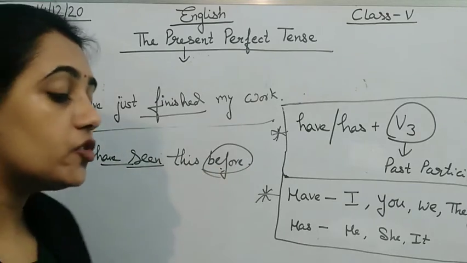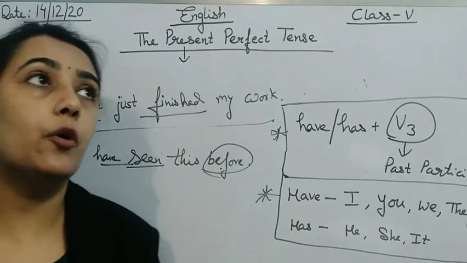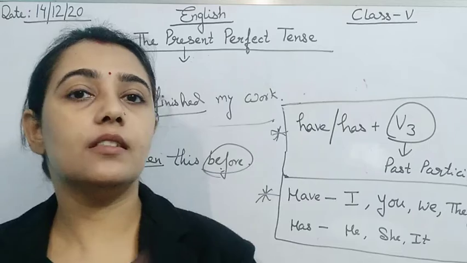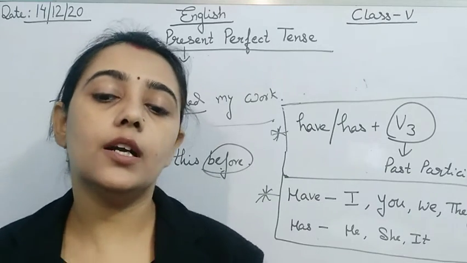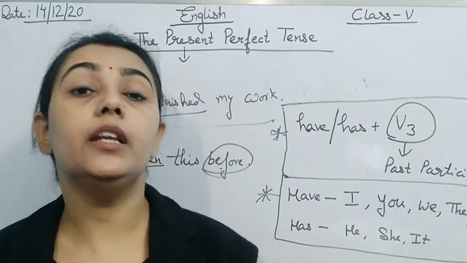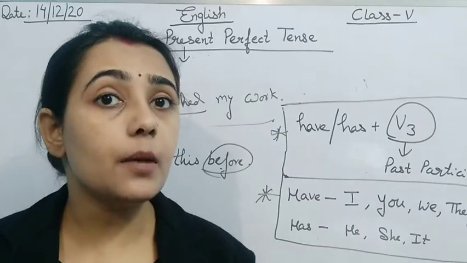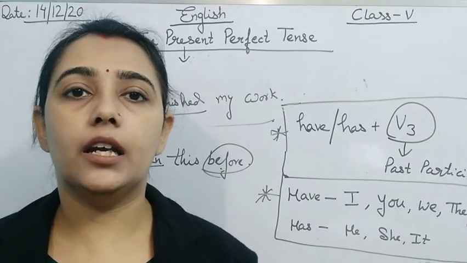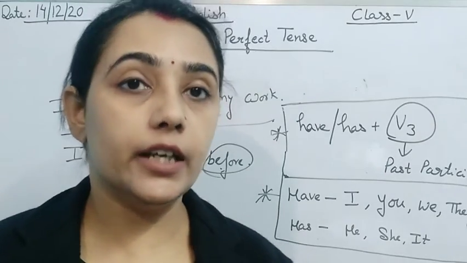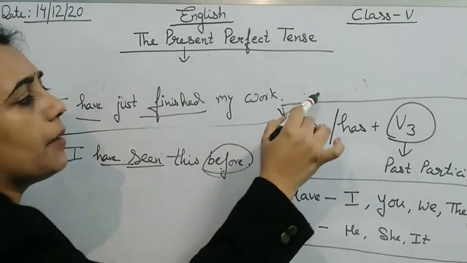Now, "before" can be just before, that means just before the current time, or before can be 2 days before, 3 days before, or any day which is in the past. So it is not telling the time when the action has been done. Just keep in mind, the action has already been done in the past, but when in the past hardly matters. Okay, now everyone, I hope it is clear to you. It is very easy. You just have to keep these 2 points in mind.